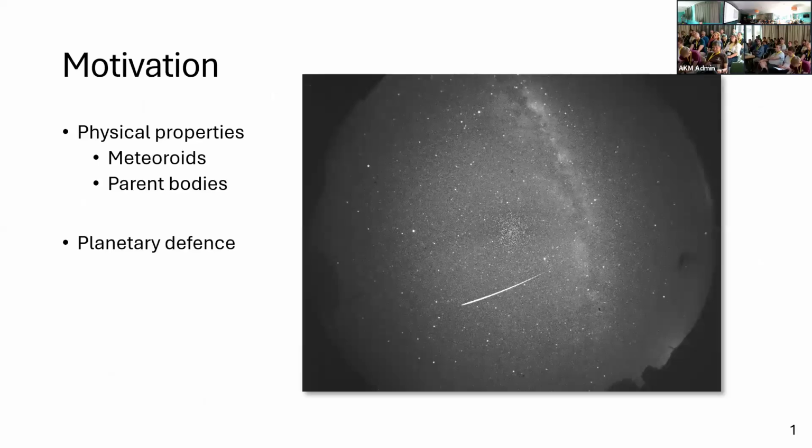Our motivation is hidden in the name of this presentation. It is to determine the physical properties of meteoroids, namely mass, initial mass, bulk density, material strength, ablation coefficient, for example. That is nice, but since we know there are meteoroid streams, they have parent bodies, sometimes known, sometimes unknown, but these meteoroids were once part of that parent body. So by learning about meteoroids, we learn about their parent bodies as well.